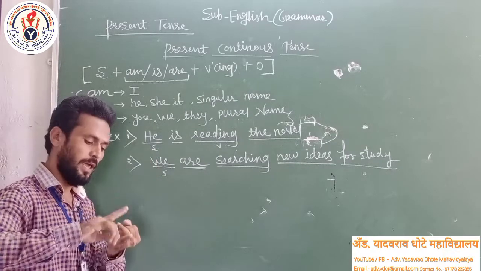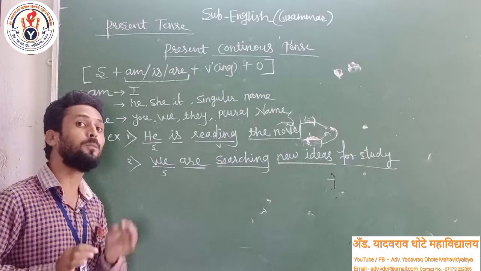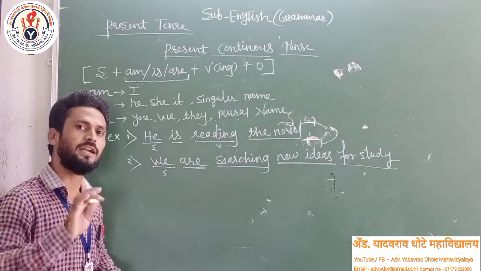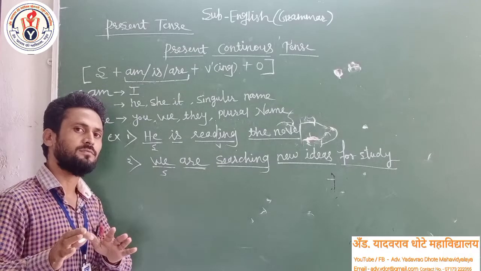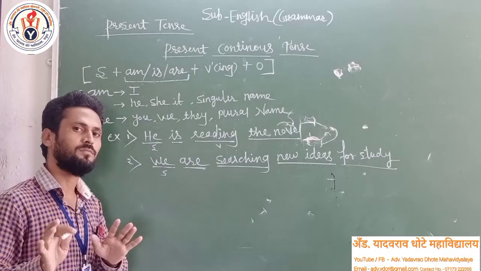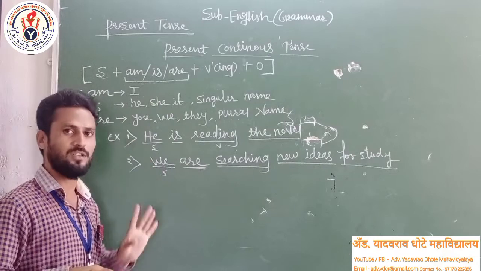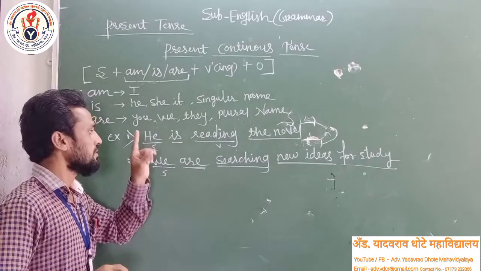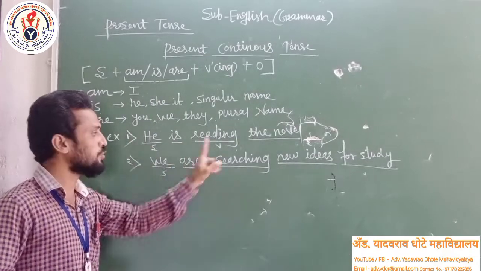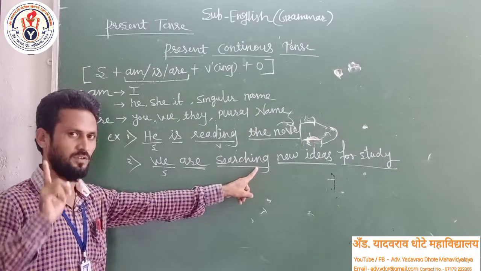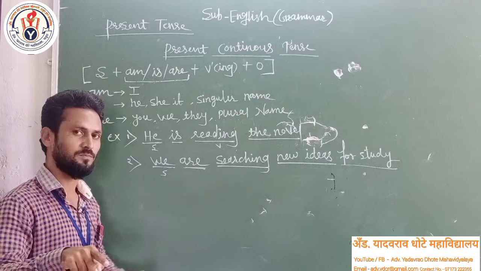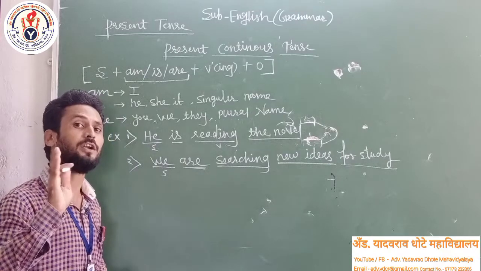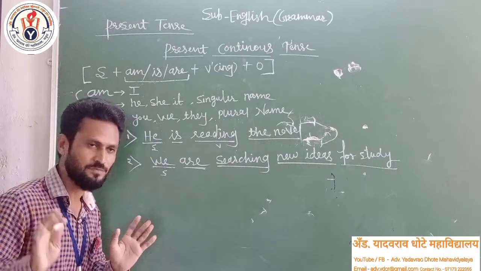Whenever you will see am, is, are, this type of to be's in the sentence, that time you have to get decision perfectly confirm that sentence is present continuous tense. But remember that with am, is, are, there should be ing form of the verb. With am, is, are, there should be present participle form of the verb. That time it will be known as the present continuous tense, otherwise not.